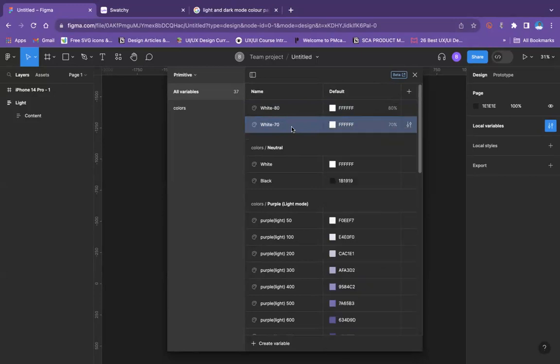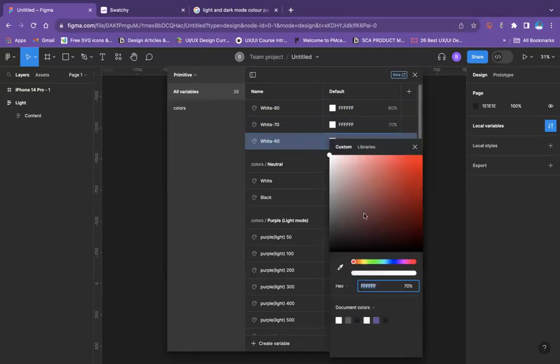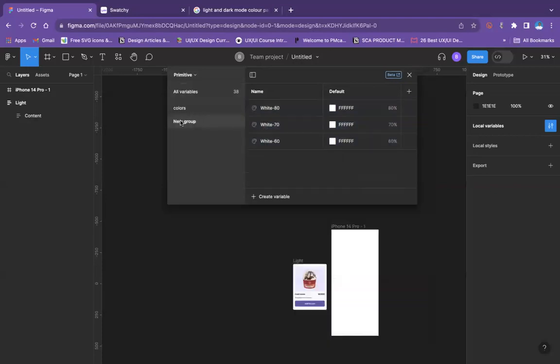And then remember that if you want to also create your accent colors, your errors and all of that, you have to create them under primitive color variables. So I'll still hold enter to duplicate the last one. So I'll just create for 50 or 60, and I'll reduce this here to 60. So then I'll just still do the same thing, group them, and I might just call this